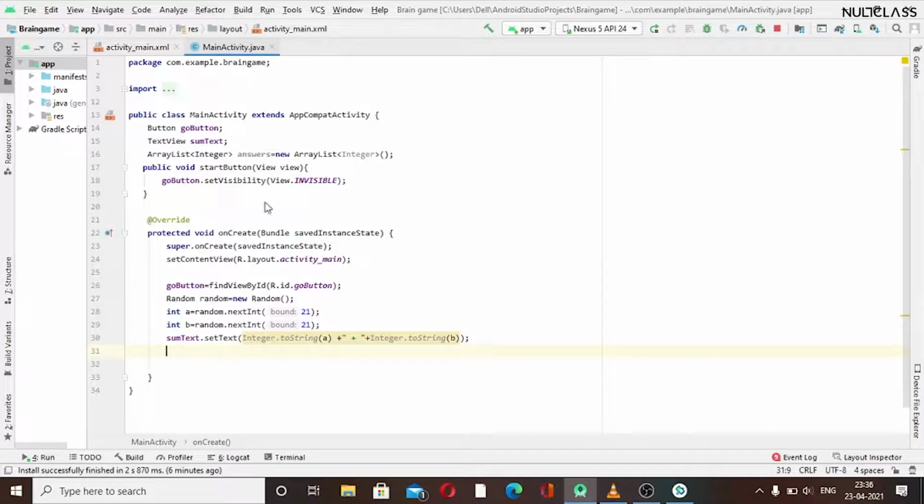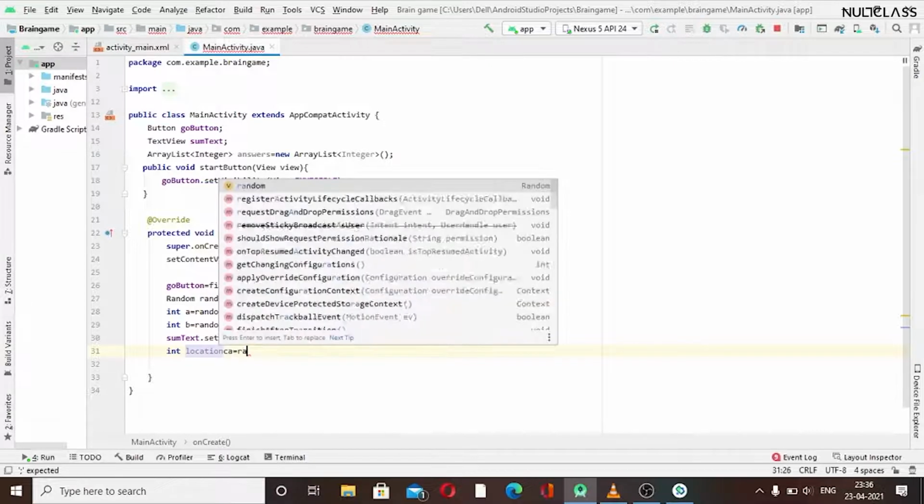So for generating a random number, we have already used the Random class here, like this. We will generate a random number, and I will give a location, like int locationOfCorrectAnswer.